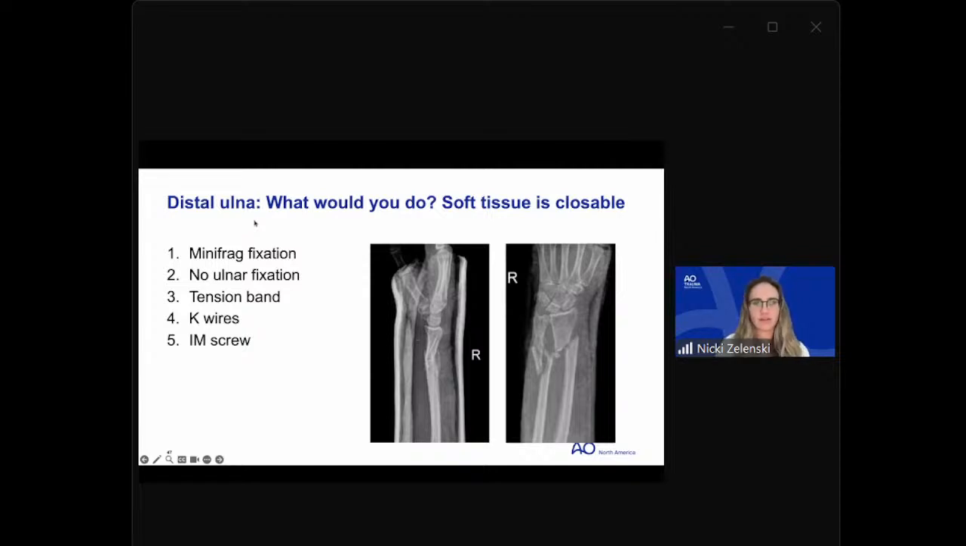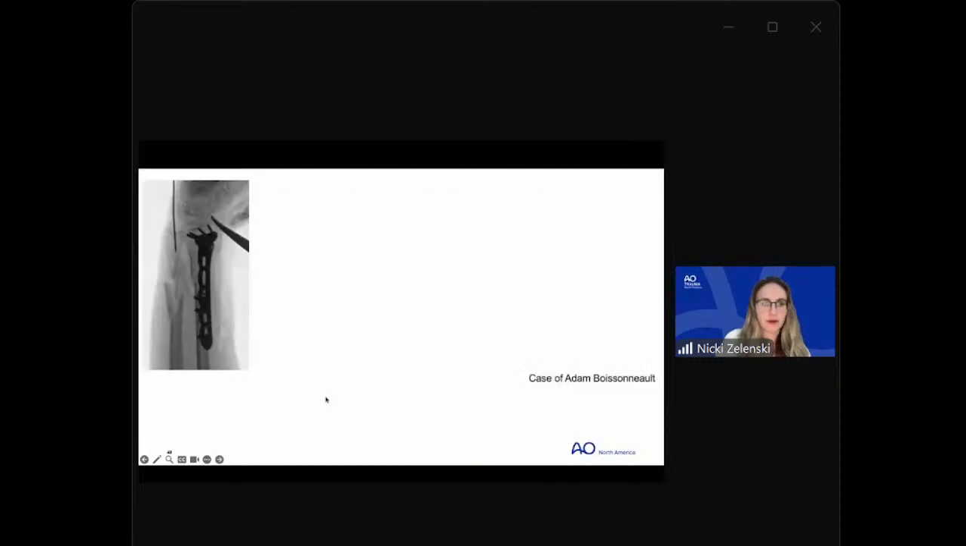All right, maybe we can close that and see what people would do. Mini frag fixation, I think that's reasonable. And then some fewer votes for K-wires or IM screw. So my partner fixed this. This is not a technique I do very often, but I think it works well when used in the right situations. The one thing you have to remember if you're doing any sort of K-wire fixation of the distal ulna